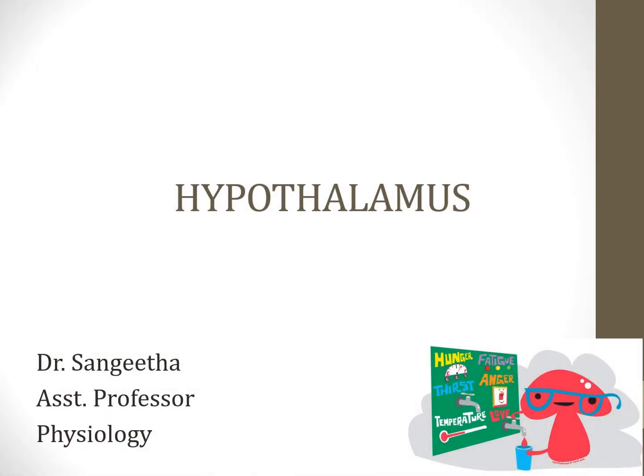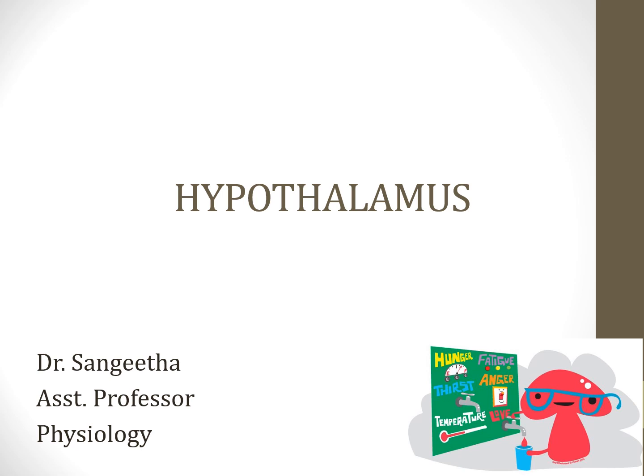Hello everyone. Our next topic in central nervous system is hypothalamus. We have been continuously discussing so many topics under central nervous system. That is, you have been taught regarding ascending tracts, descending tracts, cerebral cortex, and thalamus, etc. Here, in the particular topic called hypothalamus, we are going to discuss the different functions that are done by hypothalamus. Unlike thalamus, hypothalamus does its function right from head to toe.